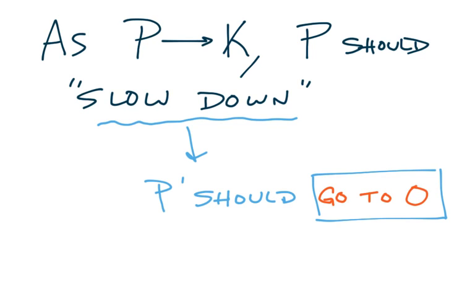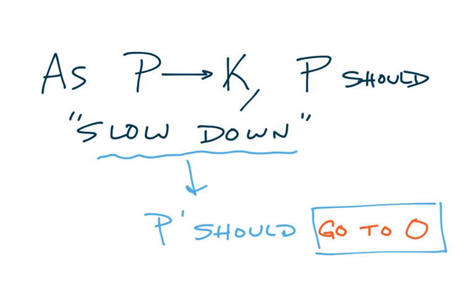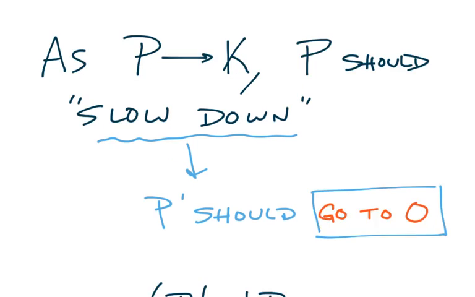All right, hopefully you came up with the same thing I did. Our function leveling out means that it's looking more and more like a constant. Constant functions have derivative 0. So what we should be able to say here is that p prime should go to 0. All right, so in terms of adapting our original model to reflect this situation,